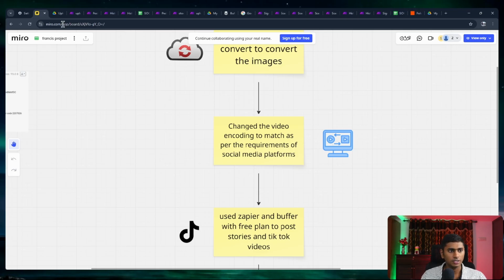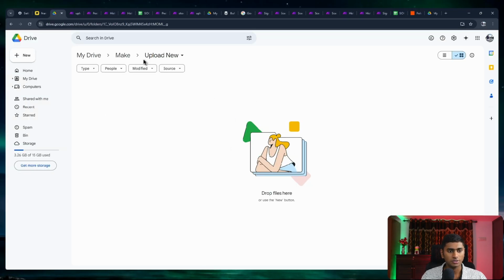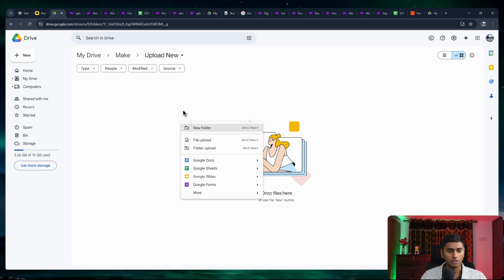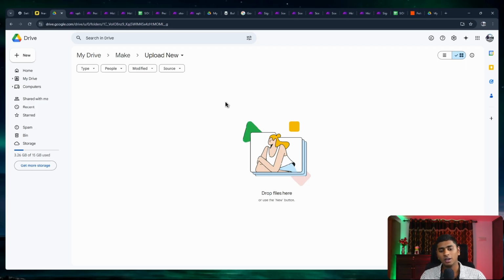Firstly, you can see this is the Google Drive folder. It's called upload new. Here's where the person would come and upload a new folder. They could create a new folder, and if it is a Carousel, they could put in however many Carousel posts they want. And if it is just a video, or a reel or photo post, they could just directly upload the file right into this folder. And once you do that, what would happen next is that